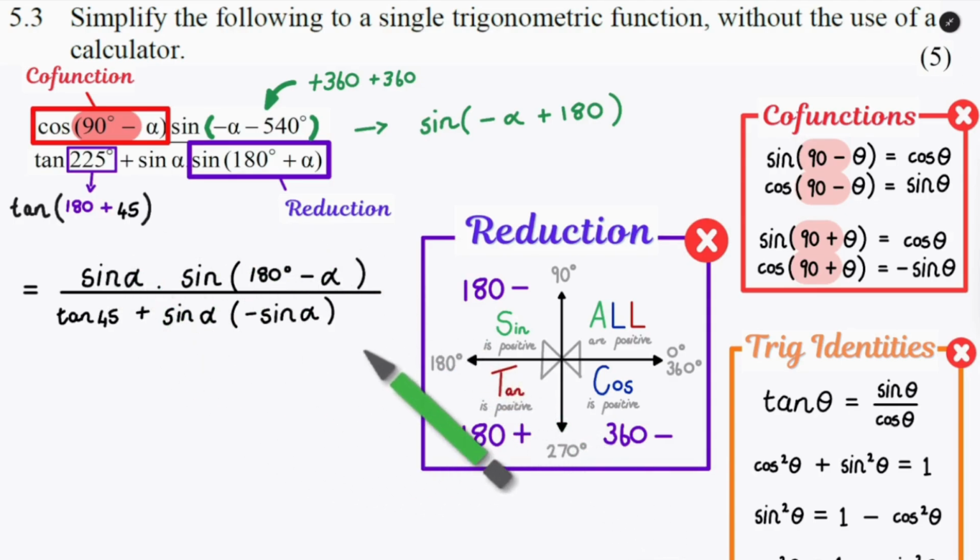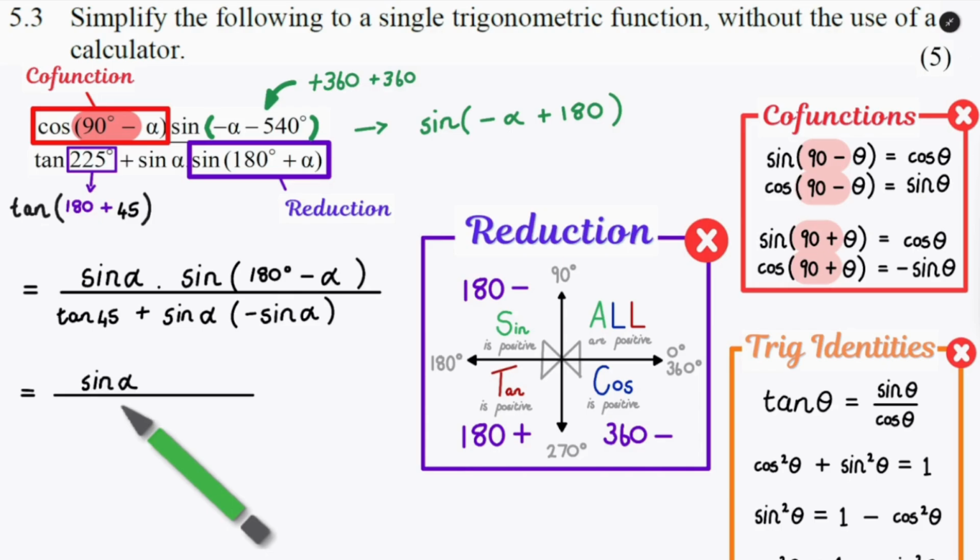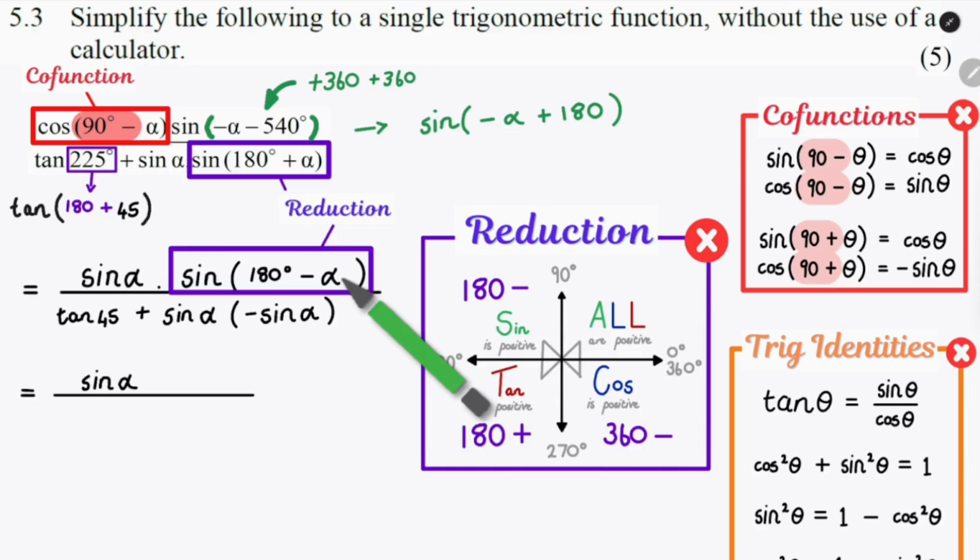Okay, now we're going to analyze it one by one, exactly how we did in the first step. So this first sine alpha can stay. Sine of 180 minus alpha, we're going to reduce that, and we get sine of alpha, because in the 180 minus quadrant, sine is positive. Tan of 45 is 1. You should know your special angle triangles well enough to get that, instead of using your calculator. Positive times a negative will give me a negative over here, and then sine times sine will give me